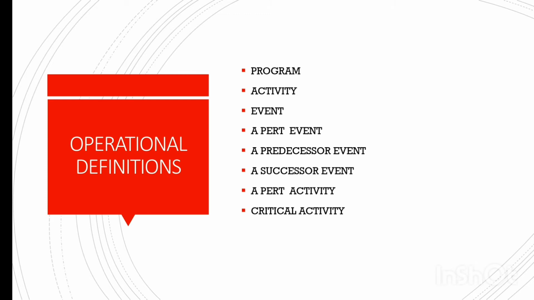Then a PERT activity. PERT activity means it refers to a task that requires a fixed schedule and resource to carry out. Okay, we require a particular schedule and a resource. That's a PERT activity. Then comes critical activity. Critical activity has no slack time. So when we see the schematic representation, the critical activity will follow 1, 2, 3 like that. Okay, then what is slack?